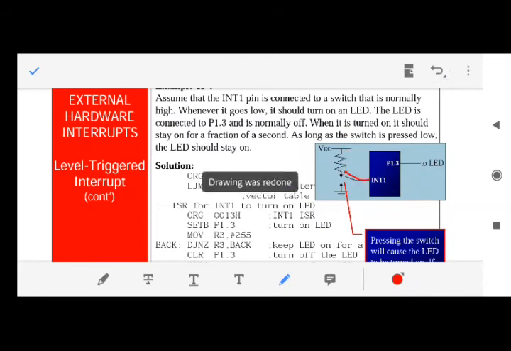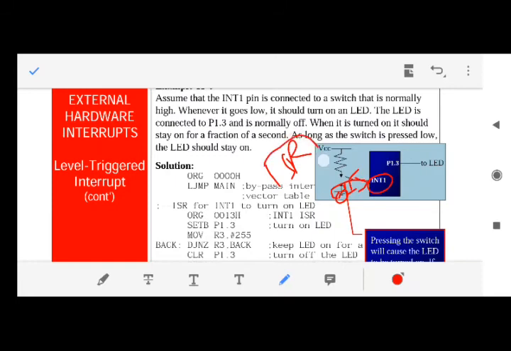So whenever you move this switch to this place, this is what? Ground. Ground means 0. So 0 is fed into this interrupt. Whenever your switch moves this side, 0 will go into the interrupt. That means interrupt 1 will occur. And whenever interrupt 1 occurs, after the interrupt occurs, what happens? The 8051 switches to a particular service routine, the interrupt service routine.